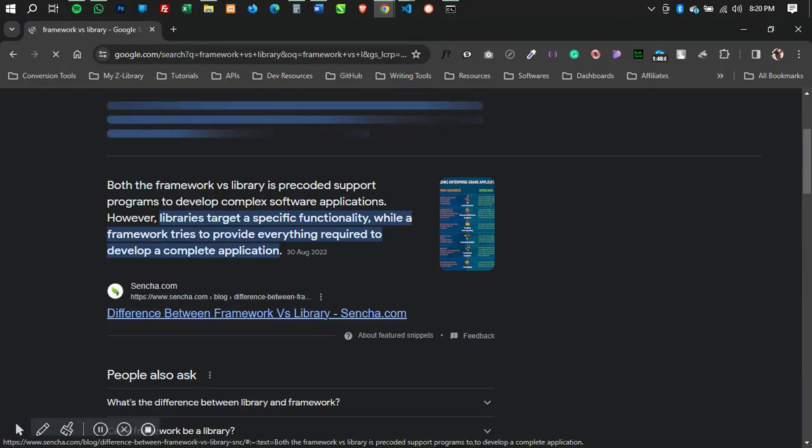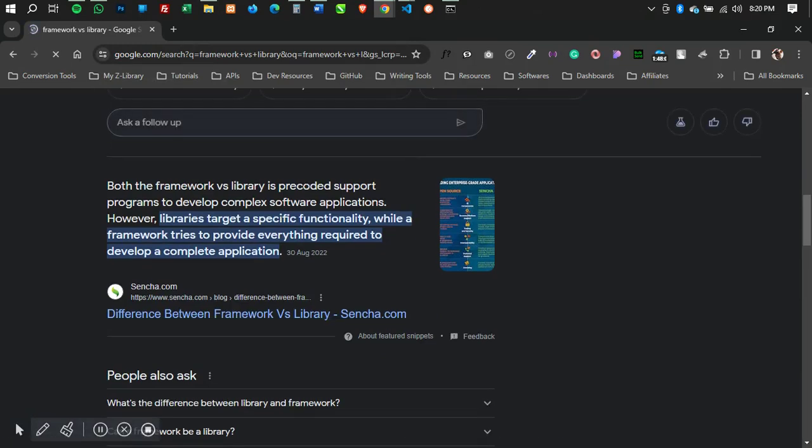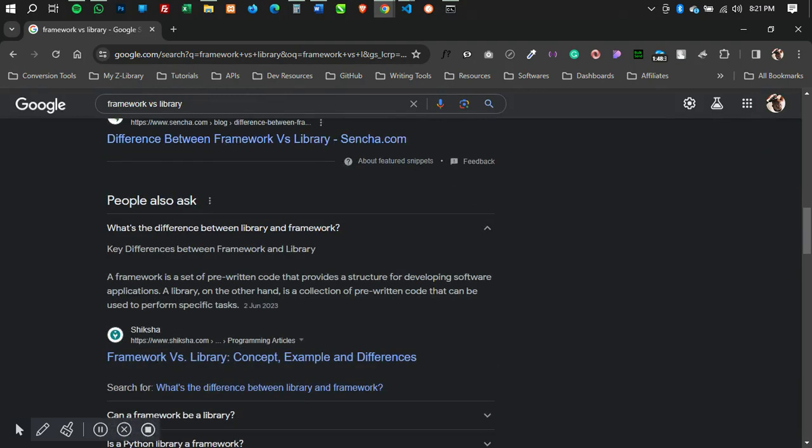Both frameworks and libraries are pre-coded support programs to develop complex software applications. However, libraries provide a specific functionality, while a framework tries to provide everything required to develop a complete application. I don't know if you understand it.